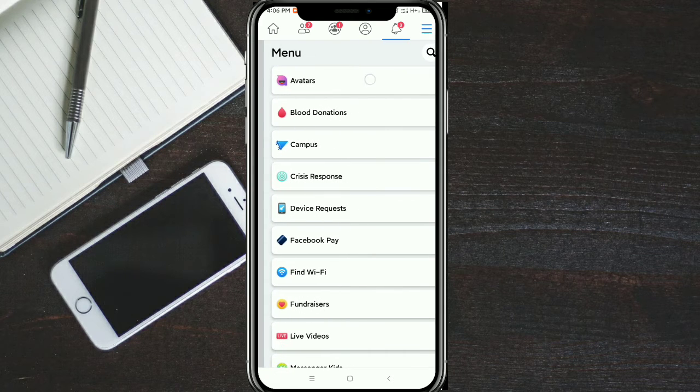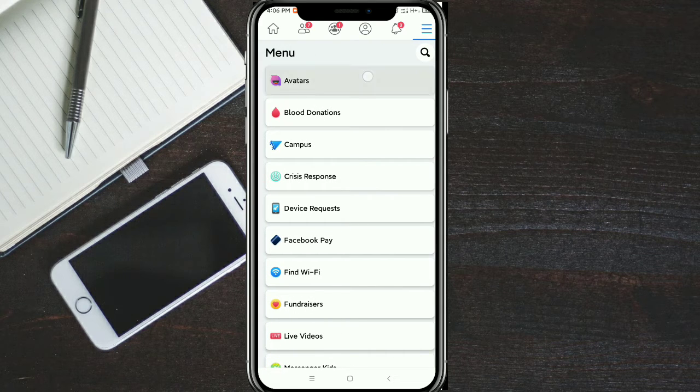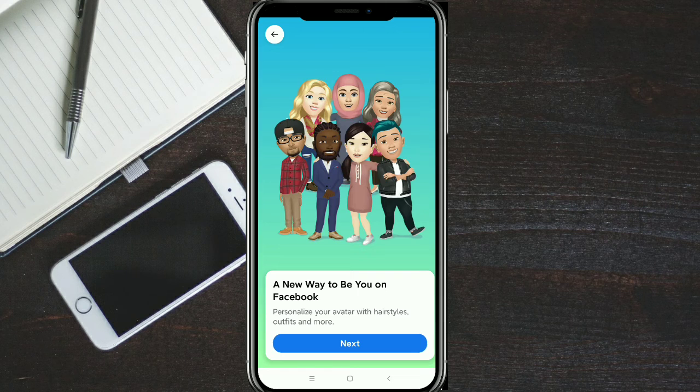Look at this, this is Avatar. Tap over this and it's loading. Okay, then look at this, there are some photos, like funny photos. Okay, then tap the next option,